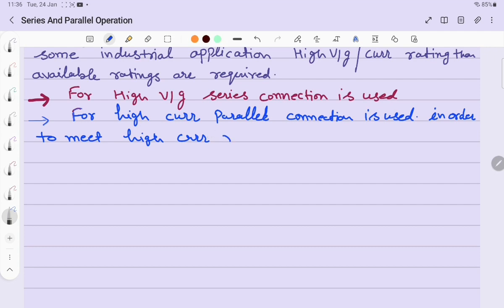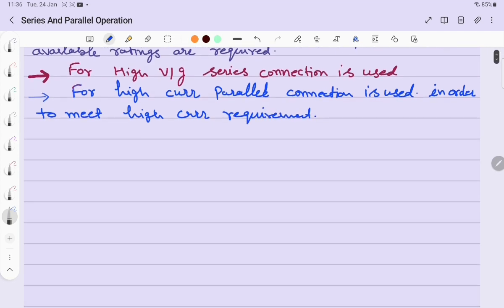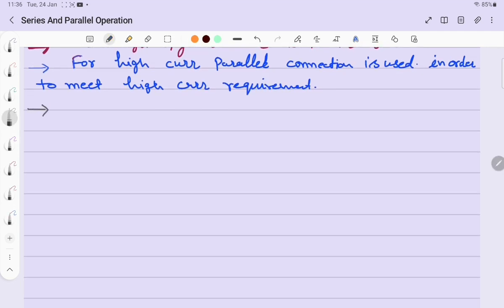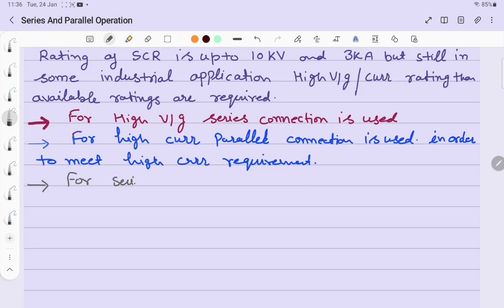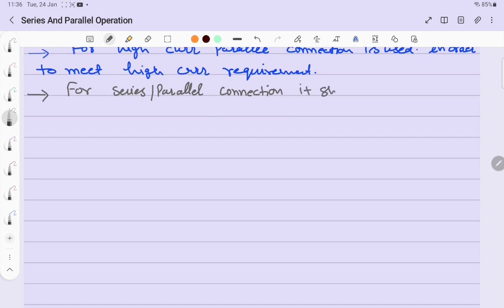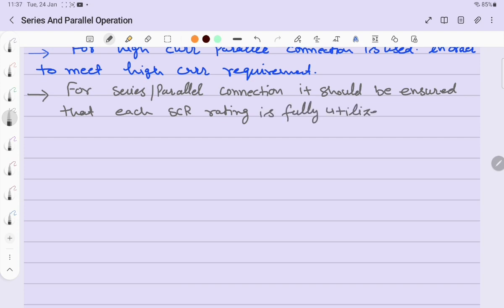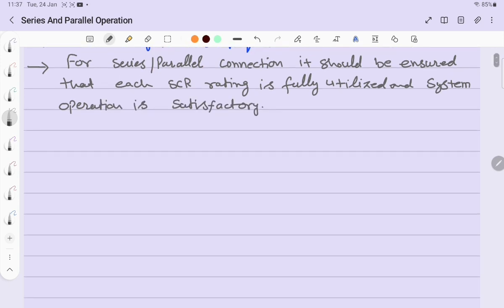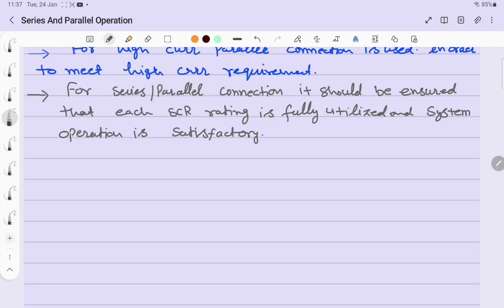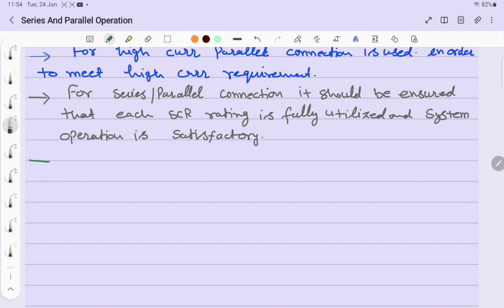Similarly, for a high current rating system, we have to connect SCR in parallel so that the current rating could be increased, right? While doing this series or parallel connection, we must ensure that each SCR rating is fully utilized and system operation